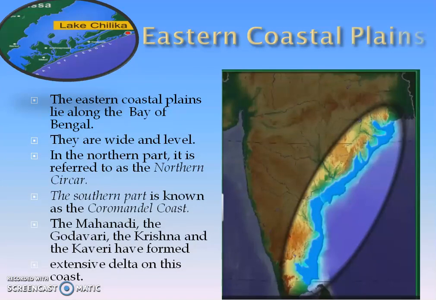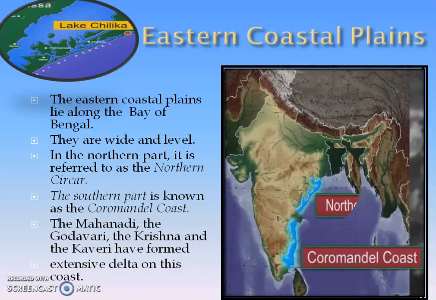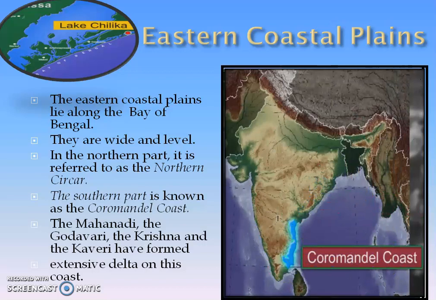Now, moving to the next, the eastern coastal plains. Look at the map carefully. The eastern coastal plains lie along the Bay of Bengal. If we compare them with the western coastal plains, they are wide and level. In the northern part, it is referred to as the Northern Circars, and the southern part is known as the